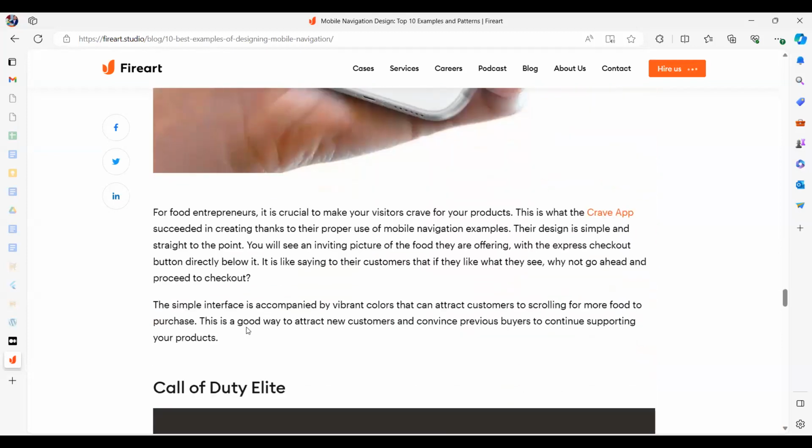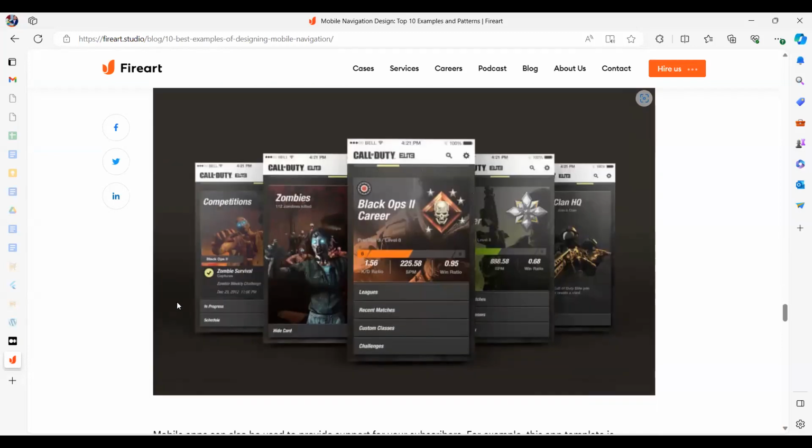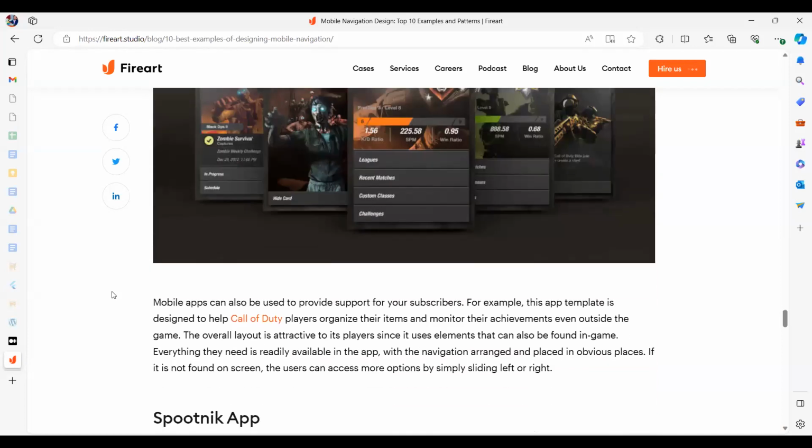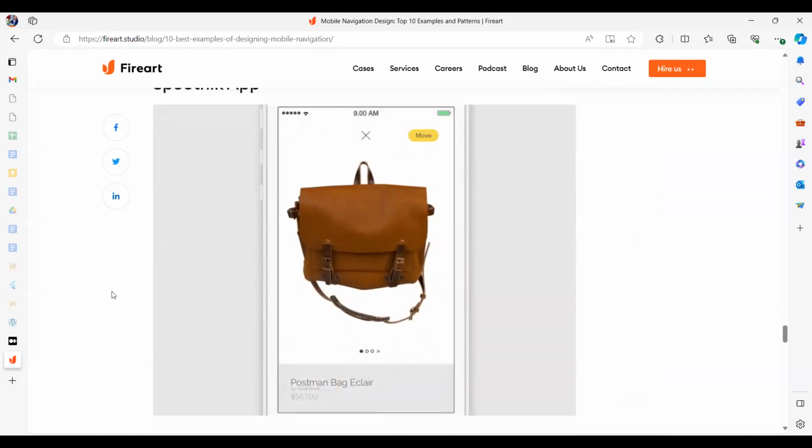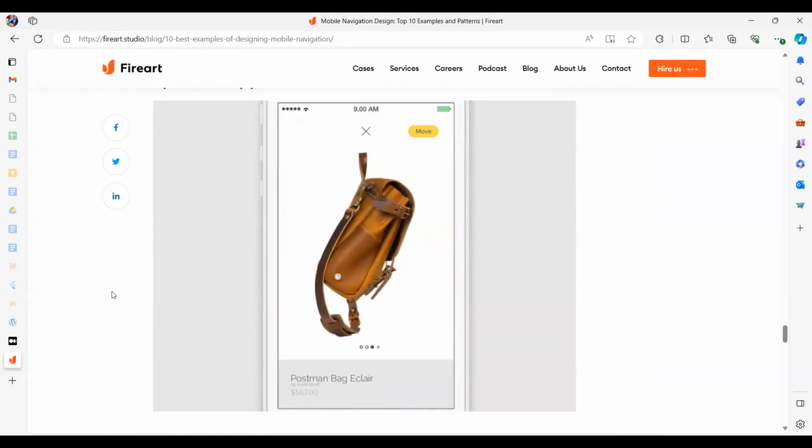These are some more examples. So you can install some of these things and then see how they have done the interface. Here's another one, right? A shopping cart application.